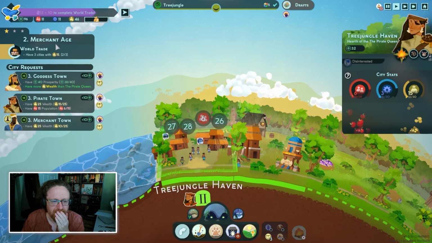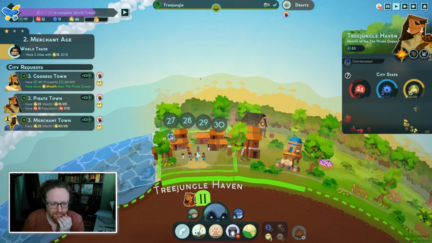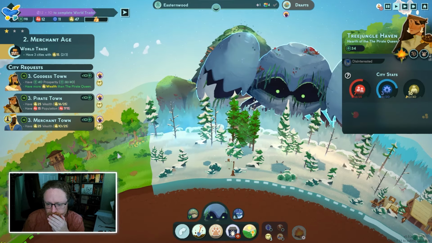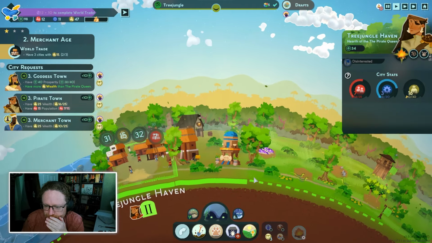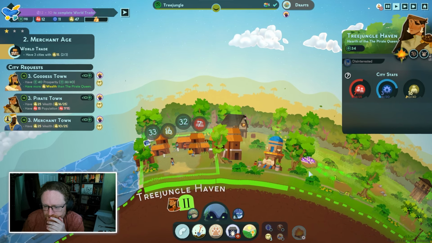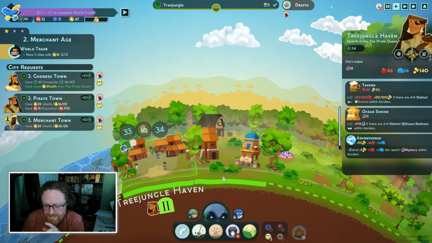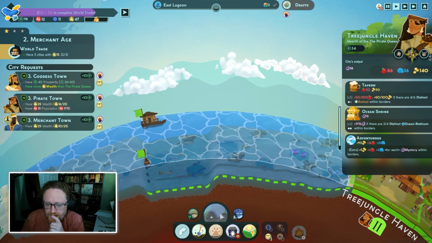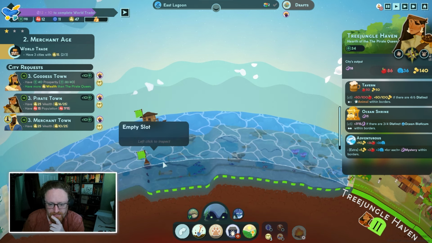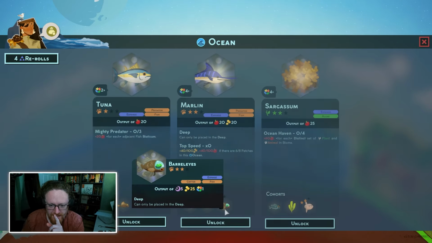Okay, so now to get the 2nd star for Merchant Age, I need to focus down on the Merchant Town. Because I've already achieved that level with the pirates, though part of me is like, is there just one more animal I can place? Now, does it need to be distinct animals? Let's look at this improvement again. Distinct animals. So I've got 5 distinct animals, and unfortunately, I don't have another animal that I can place in the ocean. But I do have another draft. So let's go get a new ocean animal. And that can let me...